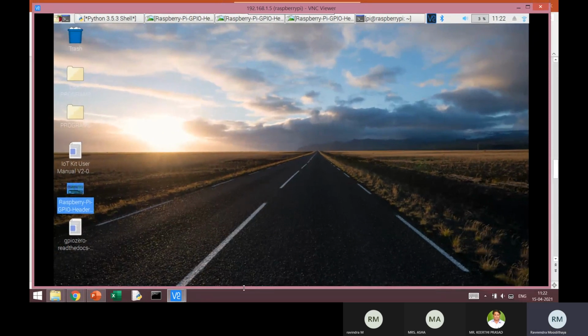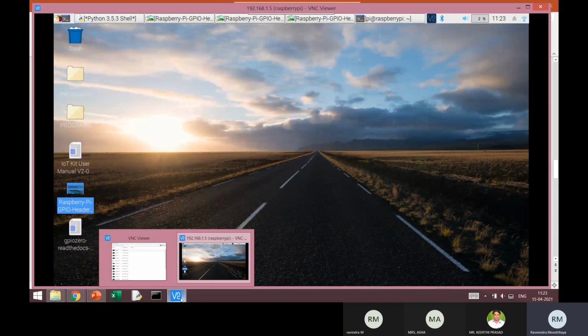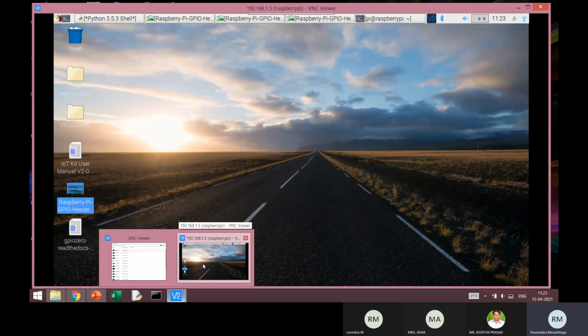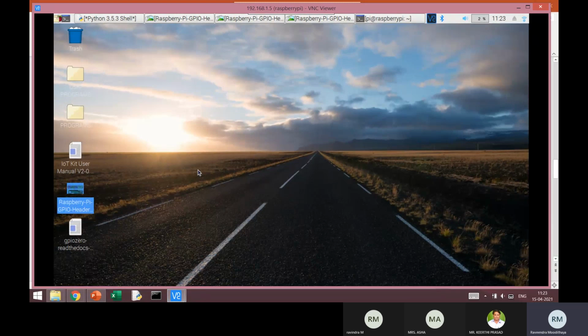One more point I would like to mention here. I may not continue coding with the Jupyter notebook, because in Jupyter notebook I will not be able to dump all these codes, and it is more useful for interactive working. When it comes to sensors and reading sensors, I would like to take the flow continuously, because interactive mode doesn't work properly there.